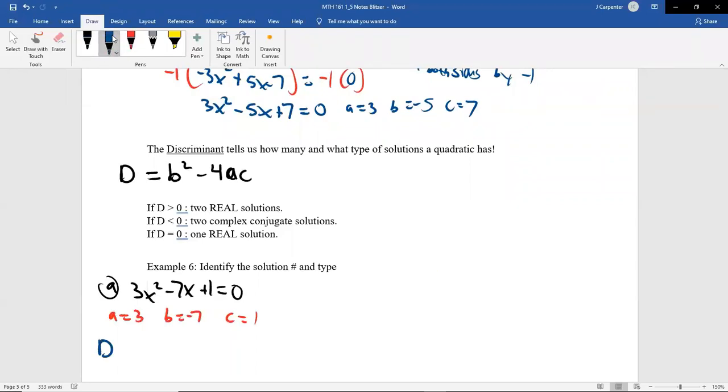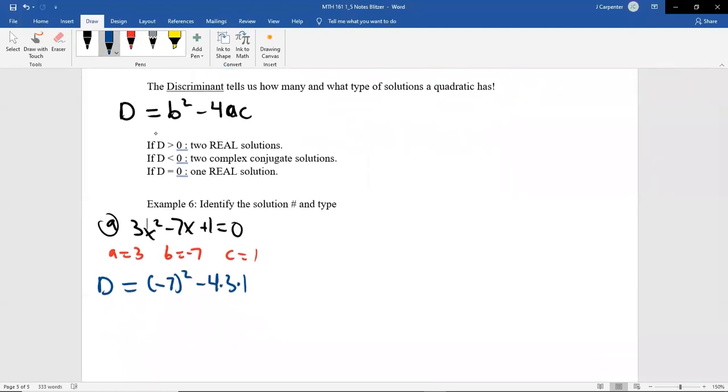So our discriminant, that formula, which you don't really have to memorize as long as you understand it's the inside of the quadratic formula, which you've already memorized, right? Hint, wink, nudge. It's a 3 for 1. So b squared, that's the negative 7 squared. I told you I love the negatives for the b squared. Then minus 4 times a, which is 3, times c, which is 1. So our discriminant is 49 minus 12,